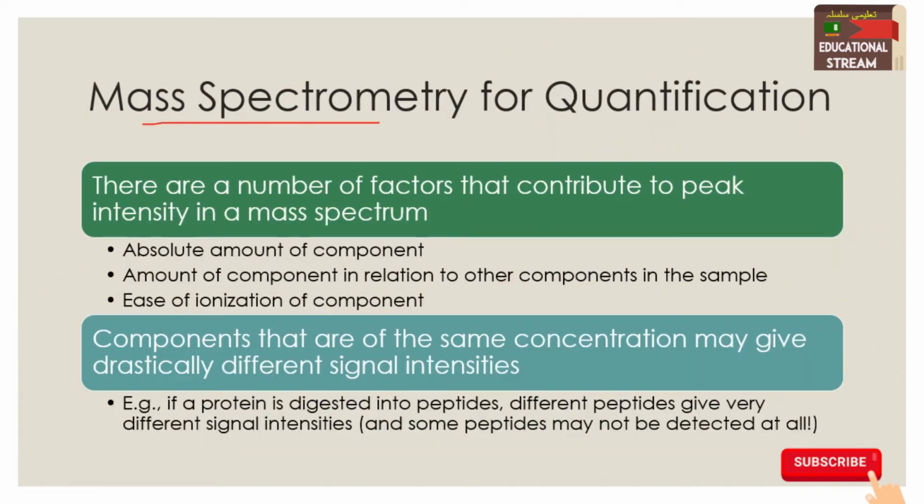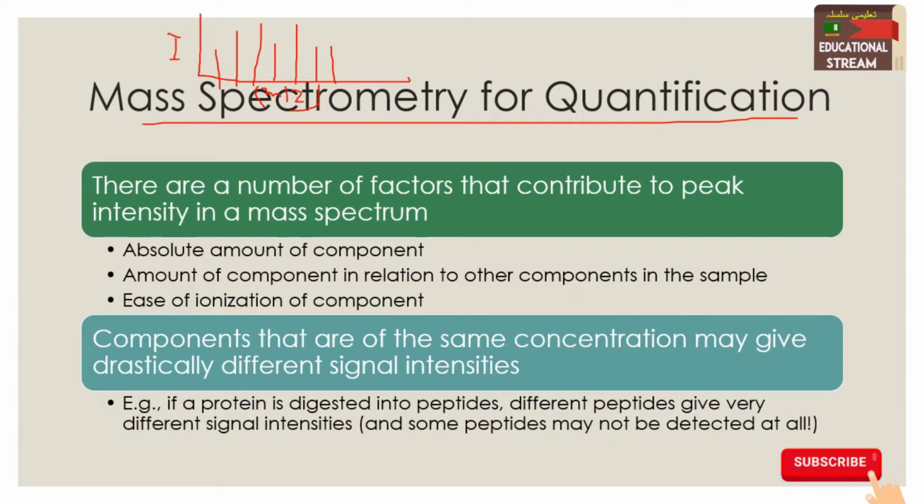So we are saying that mass spectrometry is used for quantification. The result of the mass spectrometry, if I draw it over here, is a graph-like structure in which you can see different peaks. On the y-axis is the intensity of the peak, or height of the peak, and on the x-axis is the mass to charge ratio, according to their charge.